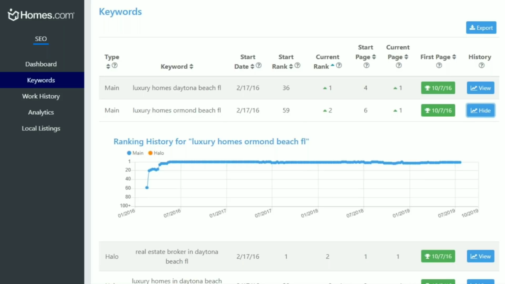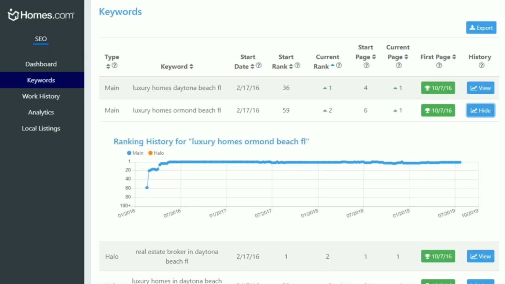So after working with us, they soon, within 6 months, rose to number 1 in luxury homes, Daytona Beach, and number 2 in Ormond Beach. So page 1 on both of them, and actually showing up number 1 and number 2 on these 2 searches. And that's just an example. So you'll see as we're doing this work, if you say, you know what, this is a lot of stuff, and it is. Now, there's no secret to SEO. I mean, we're laying it out for you, really, the keys to doing it.